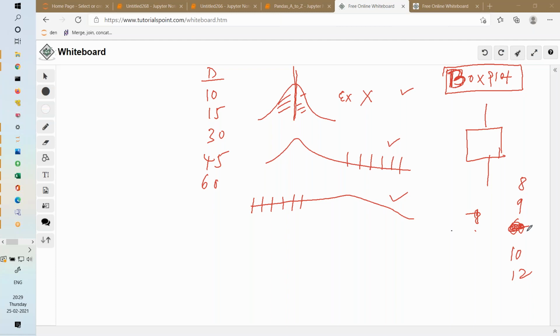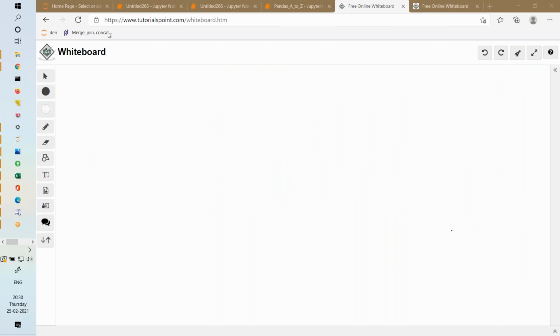So who will tell me? The visualization graph will tell me. This is called a box plot. You pass your input data column and it will tell you which values are outliers. How is it identifying outliers? Very important concept. Let us take one very simple example. In Python, you just write one line of code.